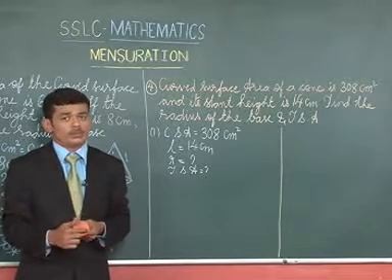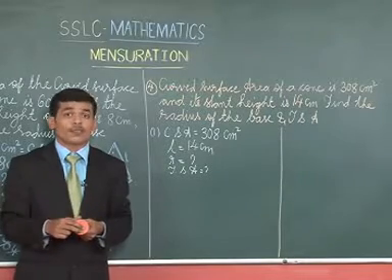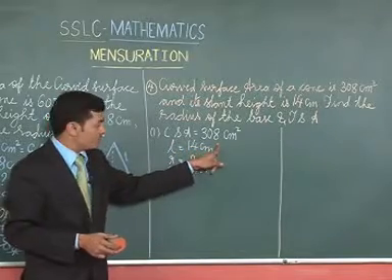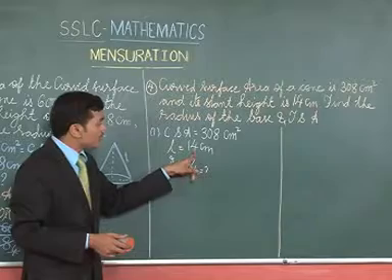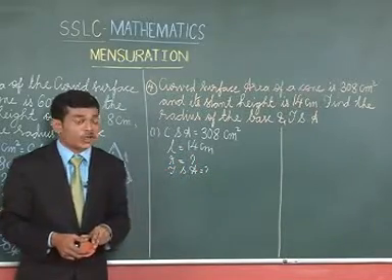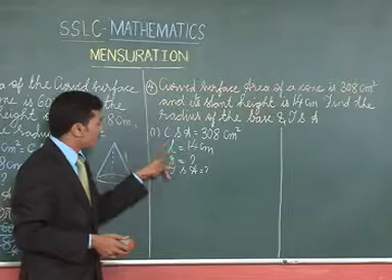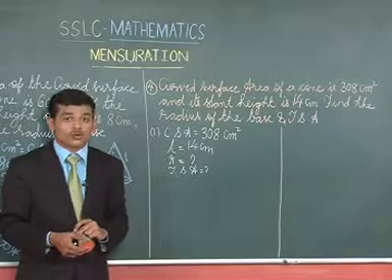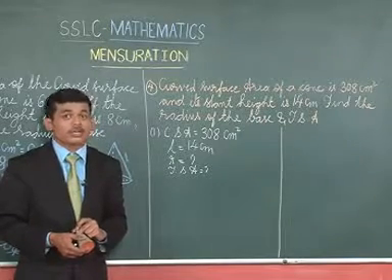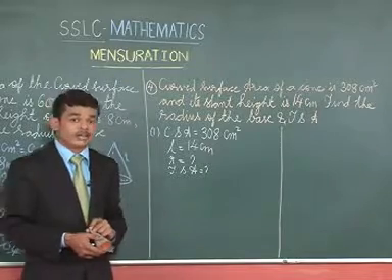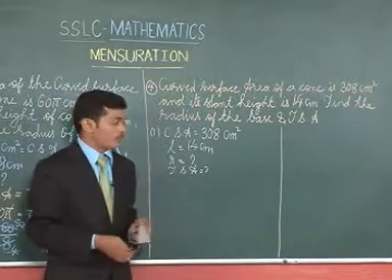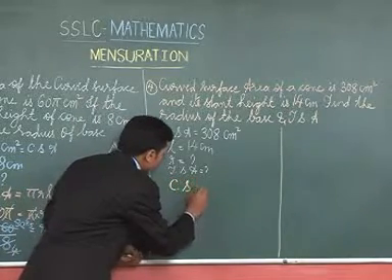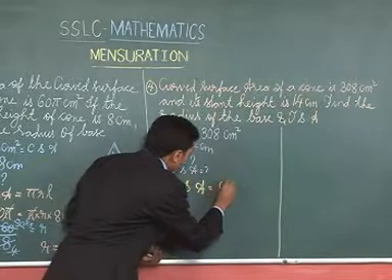Then how to go about? We are given the value of the curved surface area that is equal to 308, and we are also given the slant height that is equal to 14 centimeter. So, if you substitute all these values, the curved surface area and the slant height, in the formula of the curved surface area of the cone, which is equal to pi RL, we can find out the value of R. So, let us try to find out the value of R now. Let us first write down the formula for CSA of cone. CSA of cone is equal to pi RL.